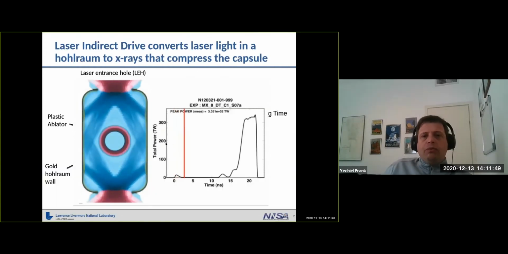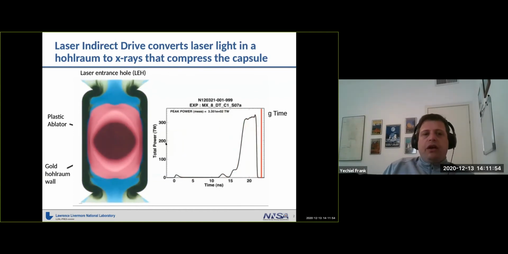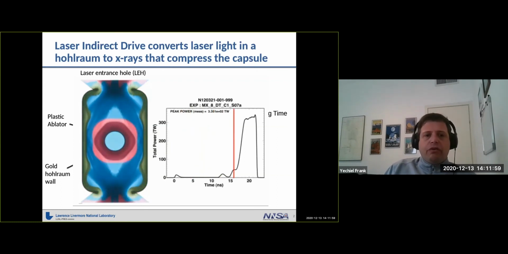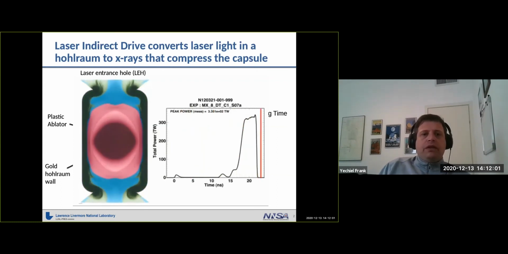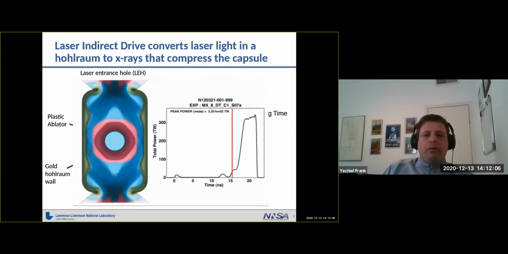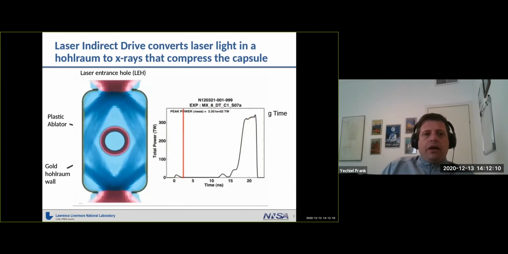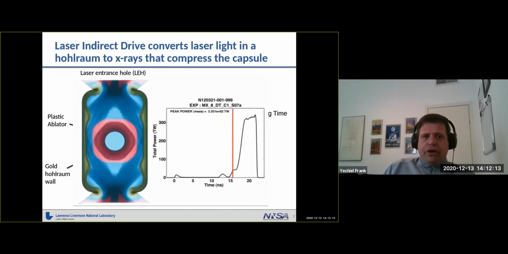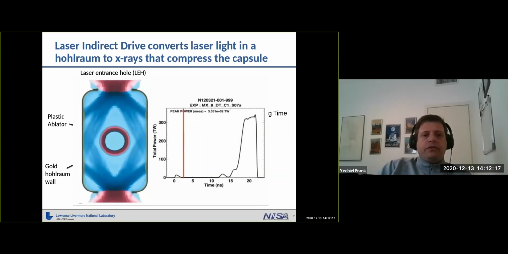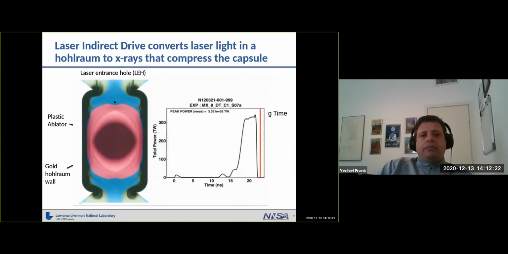Okay, so when we speak about multi-physics simulations, what you see now on your screen is a hydrodynamic simulation of a NIF hohlraum. I'll give just really a few words about that. I assume many people in the crowd are familiar with this, but for those who are less familiar, the idea is to create indirect drive implosion of a capsule. The capsule, if you can see my cursor, is right here in the center.